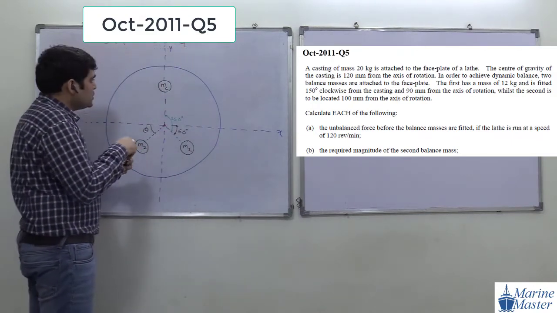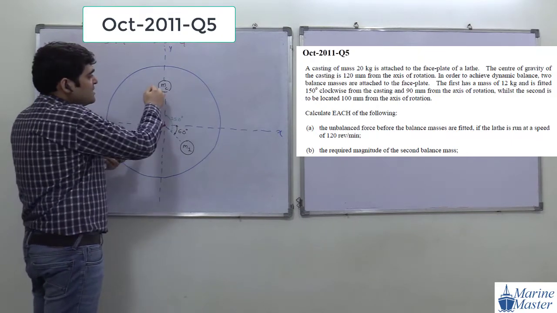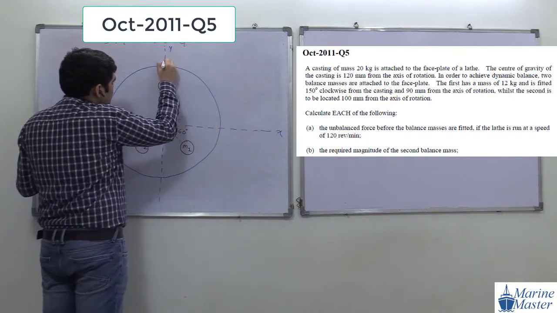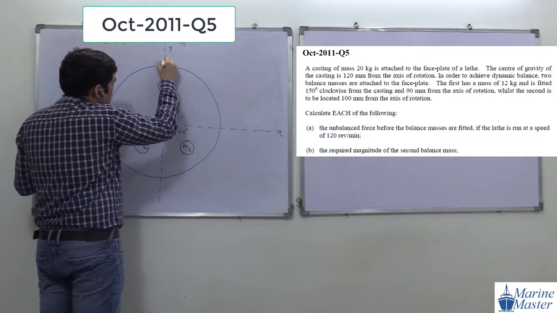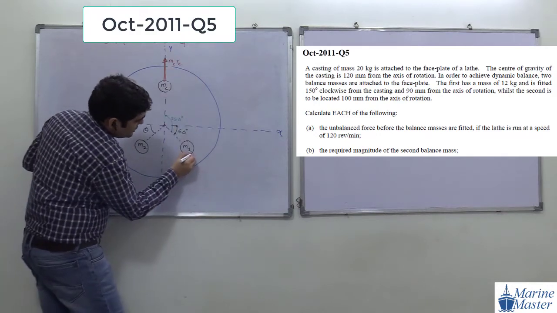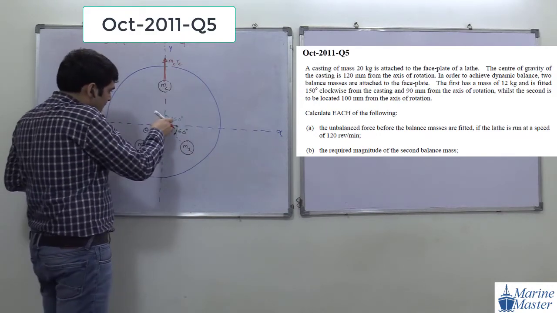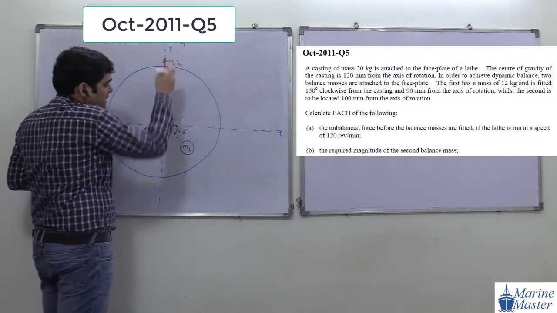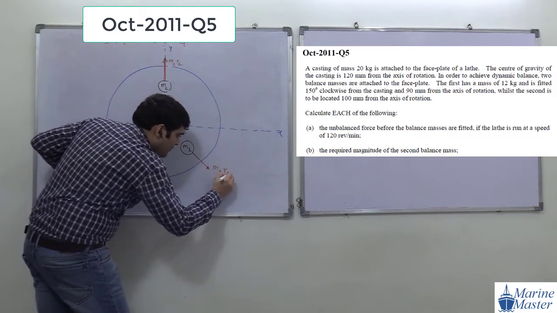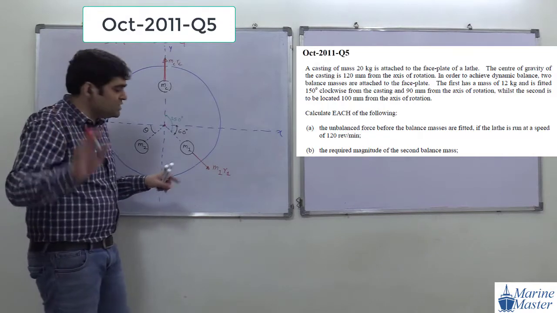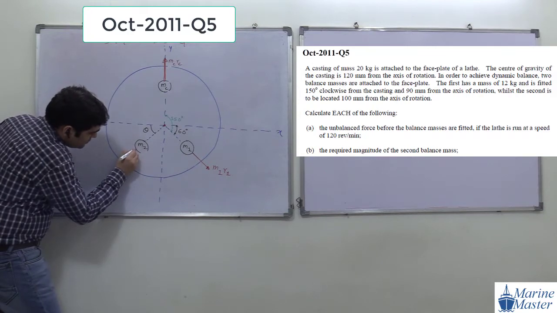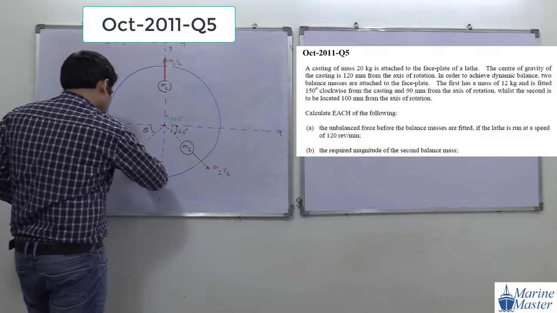Okay, good. So the centrifugal force due to the casting, we are considering the casting as a reference. MC stands for casting. The centrifugal force due to the casting will always be radially outward for this given position. So this will be MC RC, and they must lie in the same line, radially outward from the center. Here the centrifugal force will be m1 r1. Here there is omega square, but for making the calculation simple, we are omitting omega square, and same with this one also.